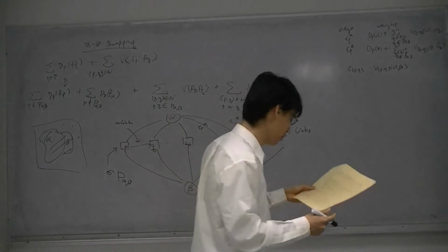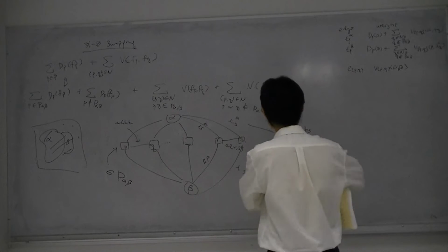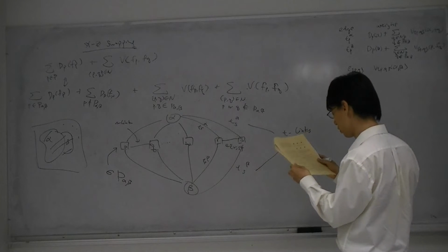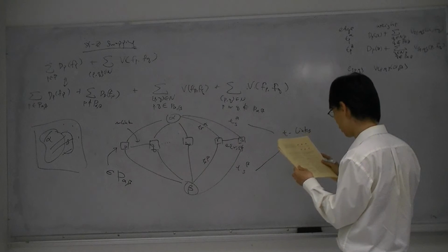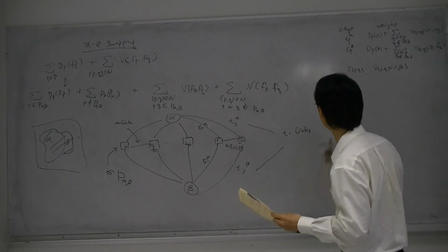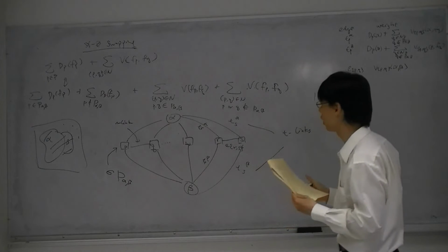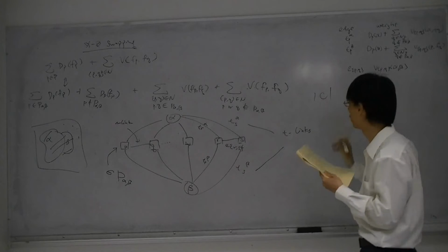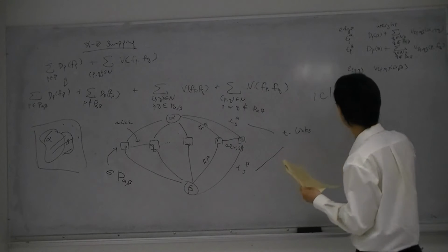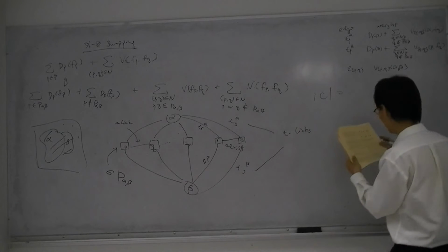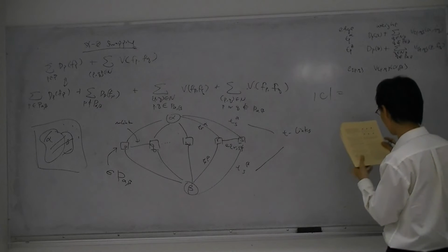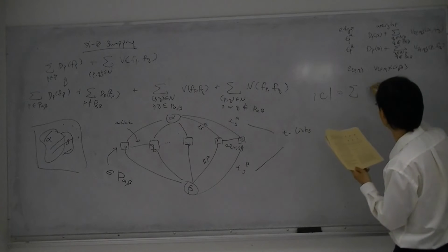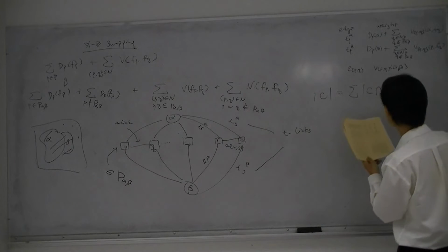Okay, let's try some simple case maybe to help. One thing is, let me just denote this C as, for any cut here, the value of the cut. This C will be composed of, basically I can write this as C intersect with